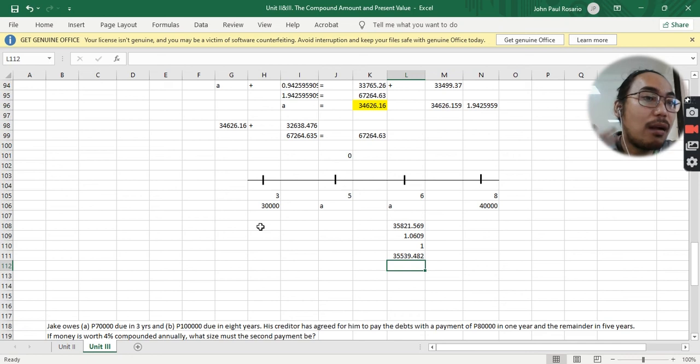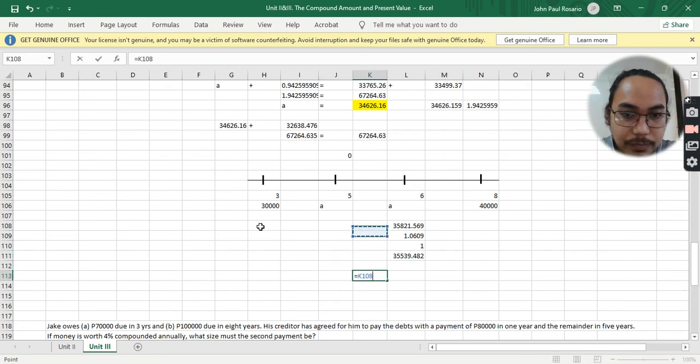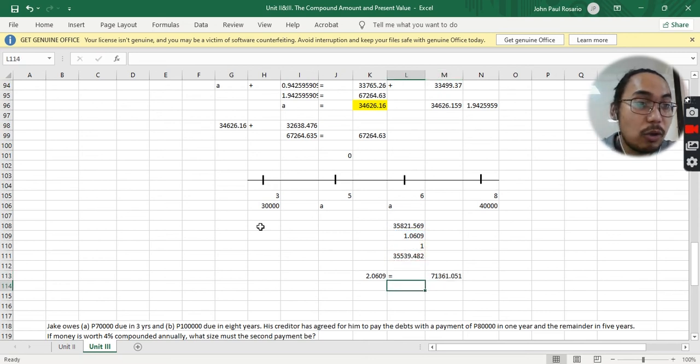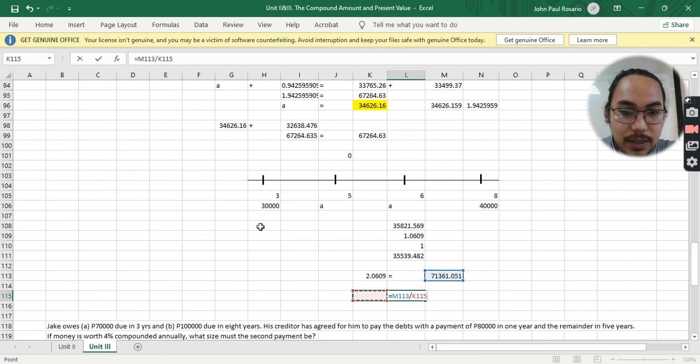So our accompanying value for A for our payments would now be 1.1609 plus 1, that's 2.1609, and our equivalent value of our liabilities would be 35 plus 35, a total of 71. So now our payment should be 71 divided by this one,